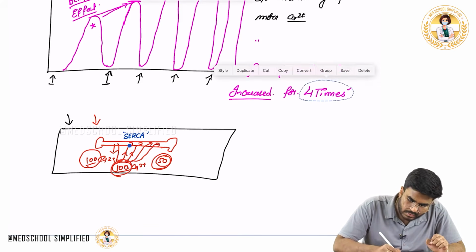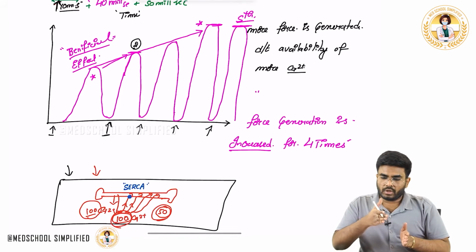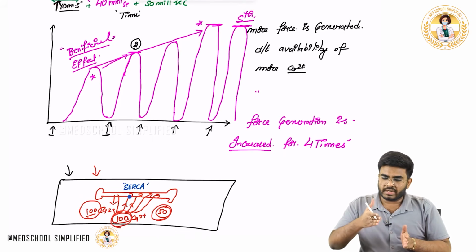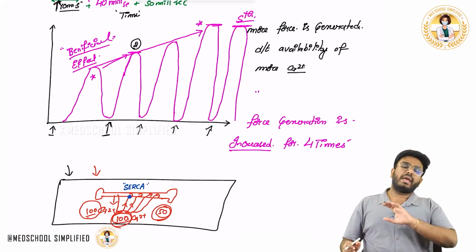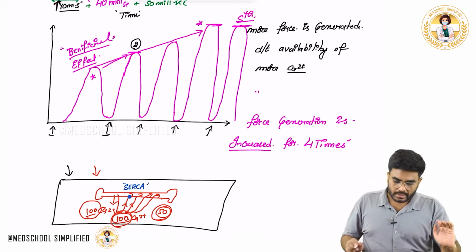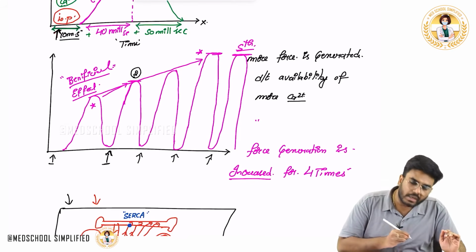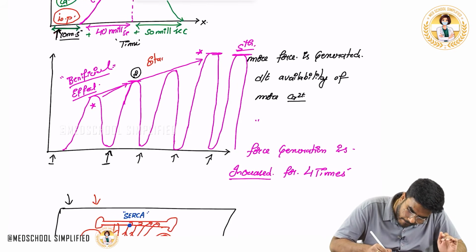Sequentially, the amount of force generated is increasing because of the amount of calcium available, and it happens for 4 times, and from the 5th time it is going to be constant. This phenomenon is also called the